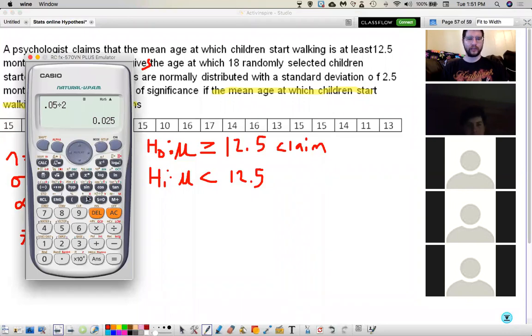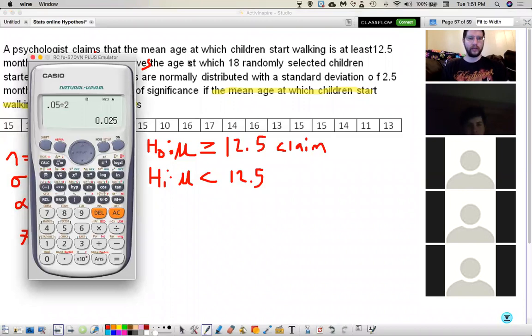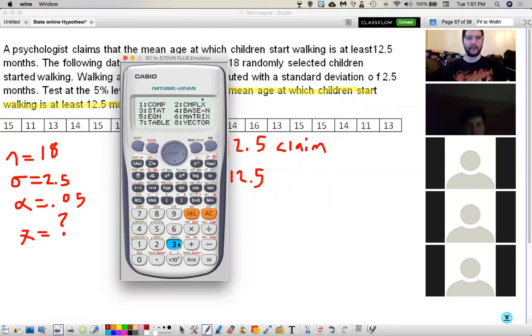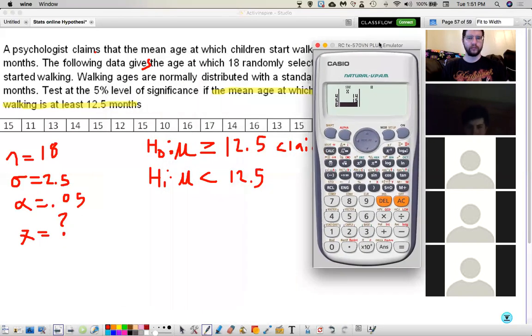But if you want to use the Casio's table, the data set, you can type it in under mode, stat, and then you just hit one variable, 1. Type this information in: 15, 11, 13, 14, 15, 12, 15, 10. Mode stat 1. Okay. 15, 10, so 16,